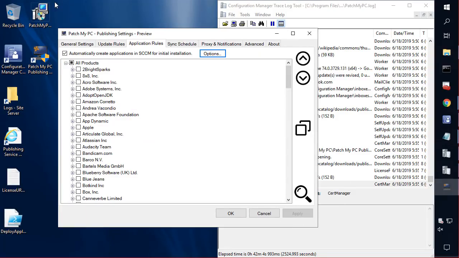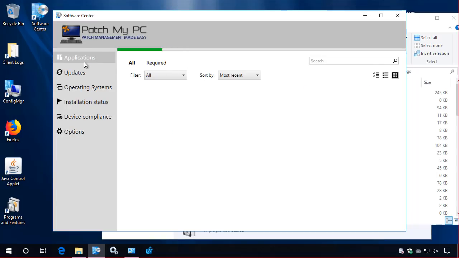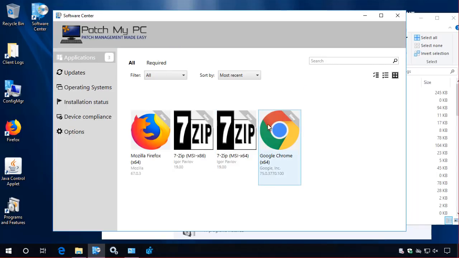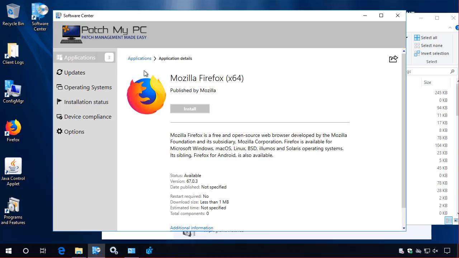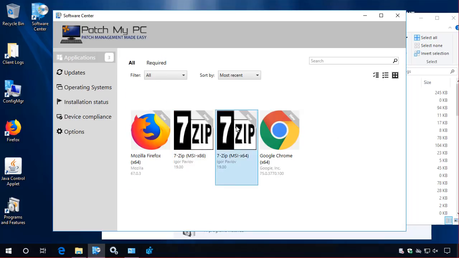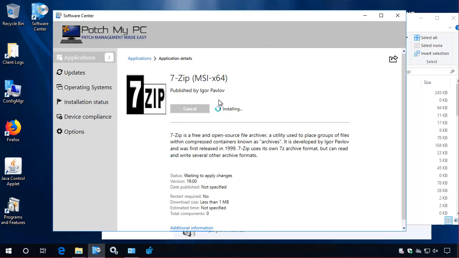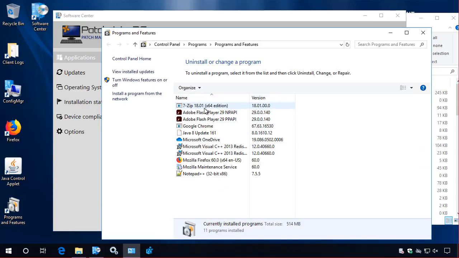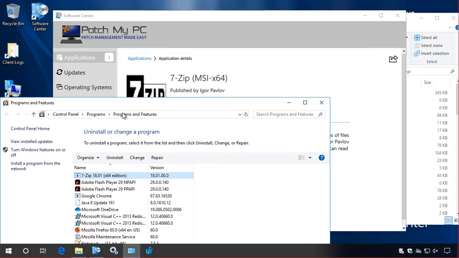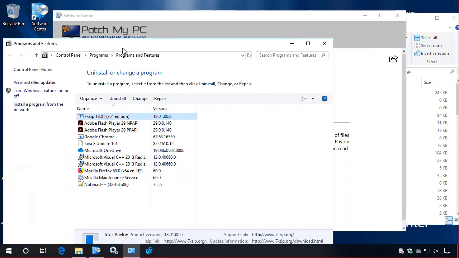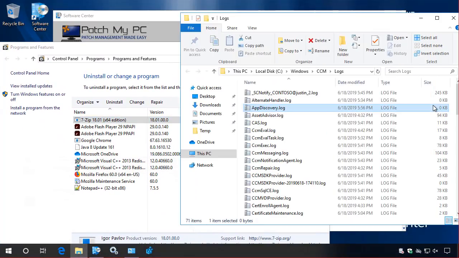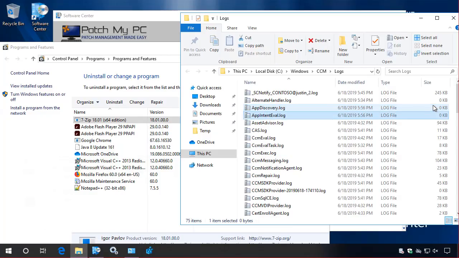So from that perspective, let's jump over here. There we go. So now we've got some policies. Here's just a couple of the other ones that we created and deployed to all users. So we can kind of see that happening. Let's say I wanted to kick this off. I think we did actually have an older version of 7-Zip already on here, so this should just do an in-place upgrade, just using the app model. So if we look at what we have going on here,